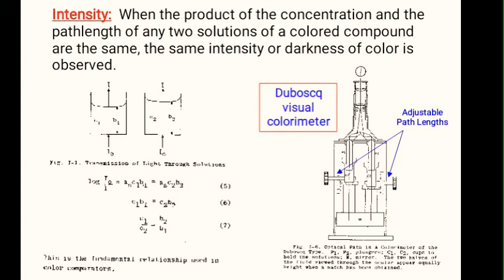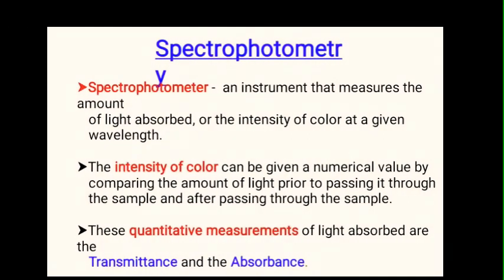Intensity of light: when the product of the concentration and the path length of any two solutions of a colored compound are the same, the same intensity or darkness of color is observed. You can see here the colorimetric visual and an adjustable path length. And in the same way, in spectrophotometry,